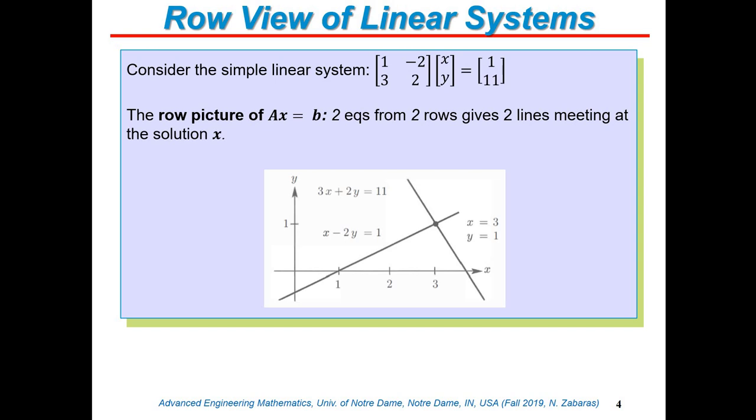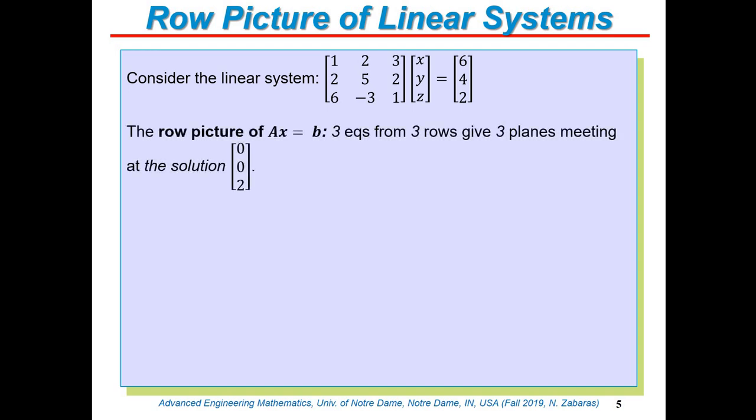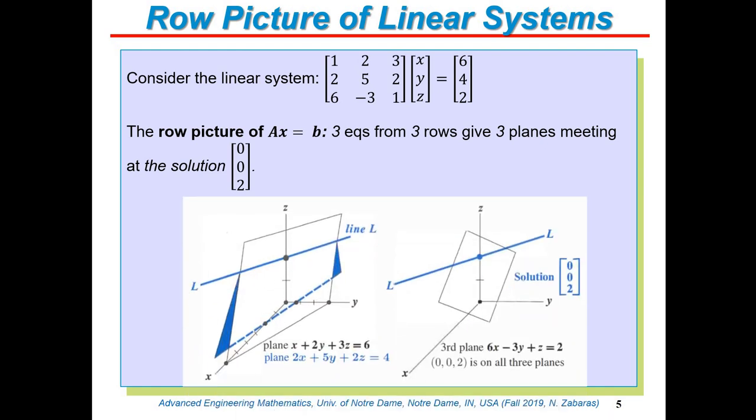So that's the row view, and we can actually extend this to 3 dimensions. In 3 dimensions, of course, we're not going to be talking about lines, but intersecting planes. So if we have a system of equations of 3 by 3, you can easily look at the equations you extract from each row. Each of them defines a plane, and you can operate 2 planes at a time. So, if you take the first 2 rows, they correspond to the planes that you see in the left plot. They intersect on a line L,